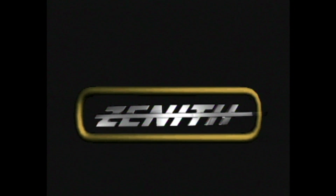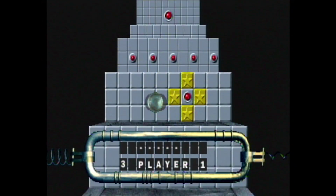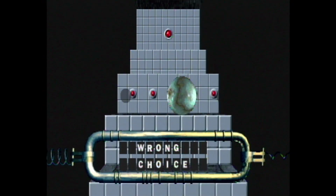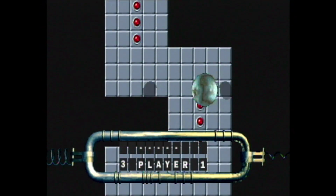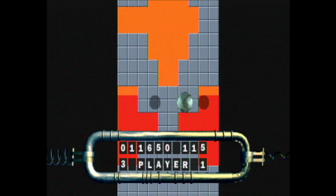This is Zenith. I really don't know how to categorize this game, so I won't even try. You control a bouncing ball and you must earn points by landing on these red circle things and then find the end of the level. The ball bounces automatically on its own, so all you have to worry about is controlling the ball's direction and where it'll bounce. There's multiple ways you can die or lose your ball if you aren't careful, so watch out